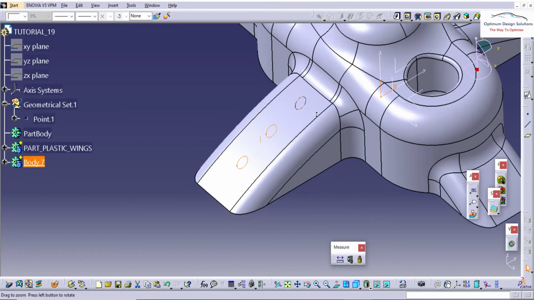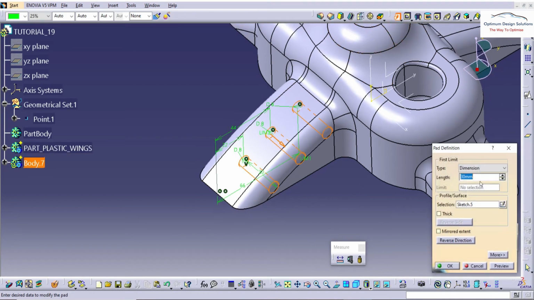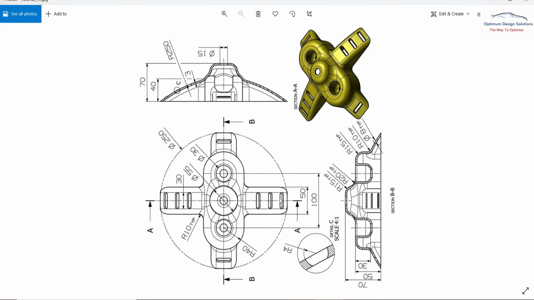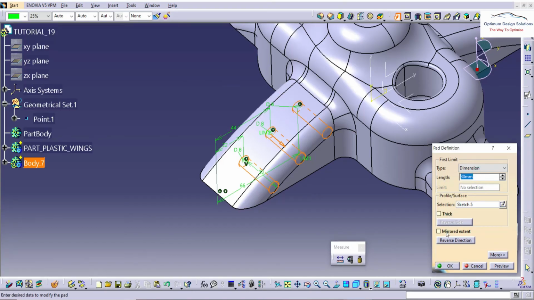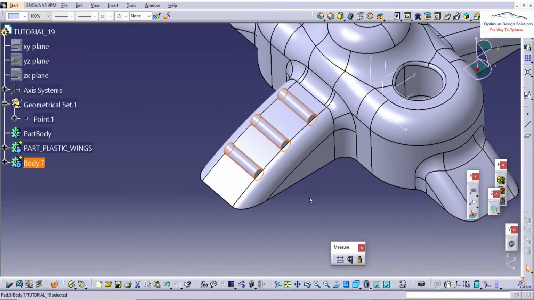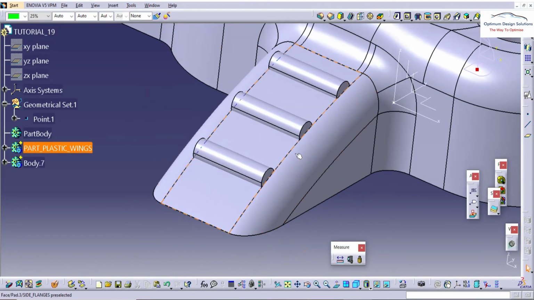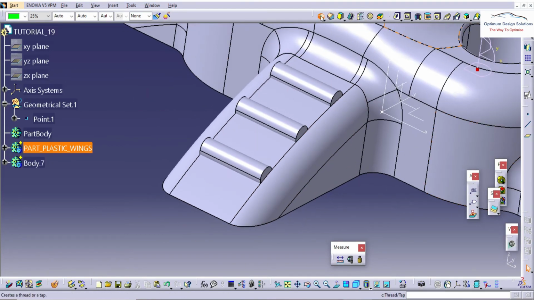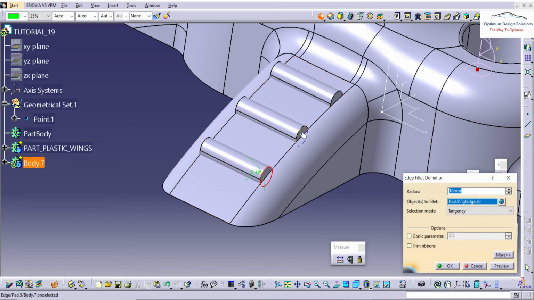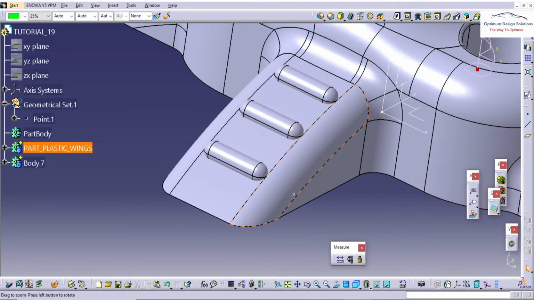So now as we're using the boolean, we'll use the pad command for easy operations. So this is the pad of 30 mm, so 15 mm mirror extent. And now you can see it is a bullet-like structure, so we'll use the radiuses at the corners, and definitely the radius is of the diameter which we provide.